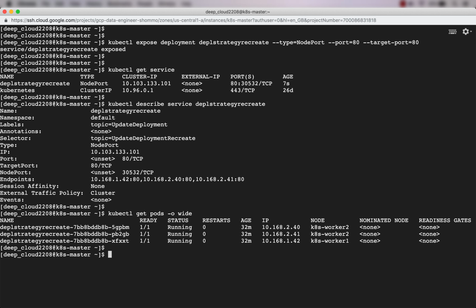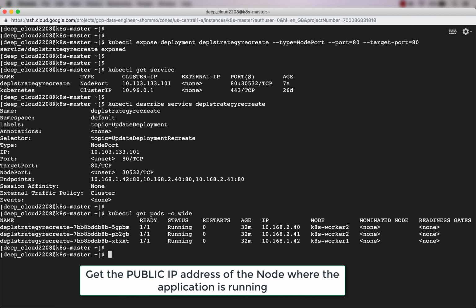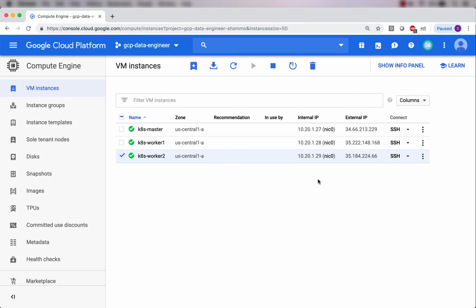Now how do you go ahead and access the application? For that, you have to get the public IP address of the application. You might be using either an EC2 instance or a Google Compute Engine instance. I am using a Google Compute Engine instance. So to get the IP address, we go to the GCP console and get the external IP from here. I can use any one of the IPs. This is the one which I should be using. If it is an EC2 instance, use the public IP address of the EC2 instance.